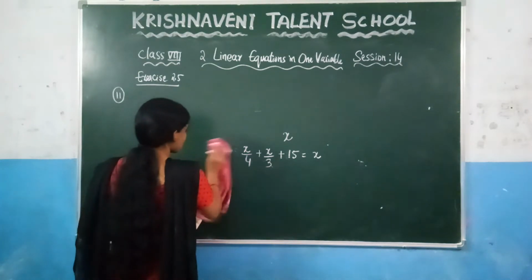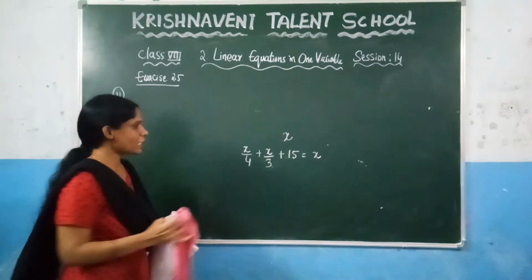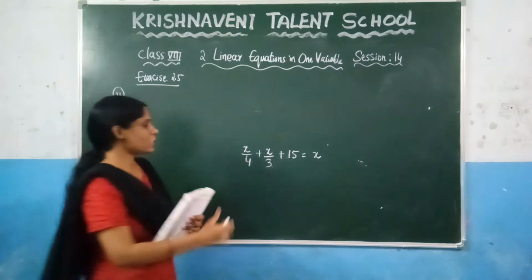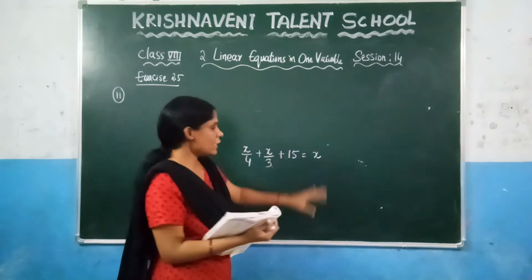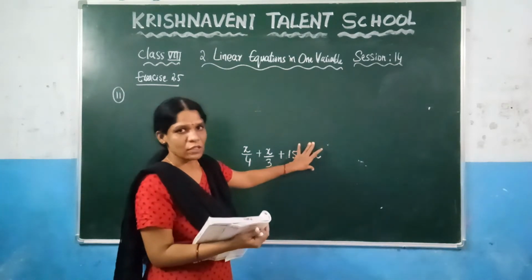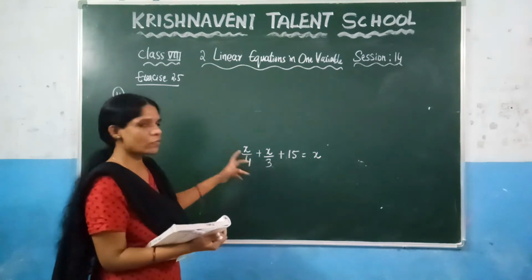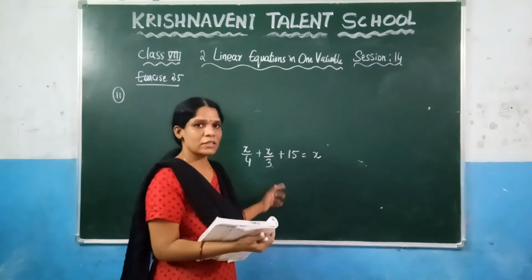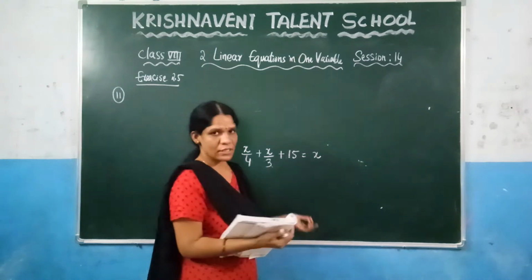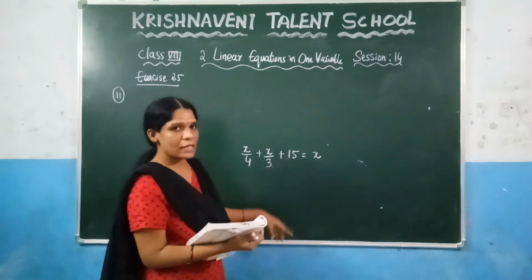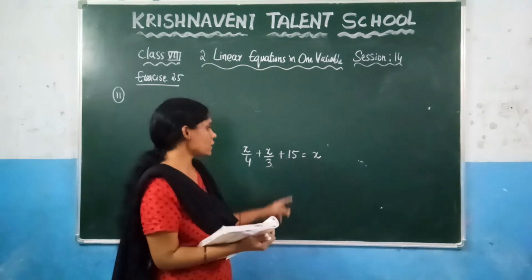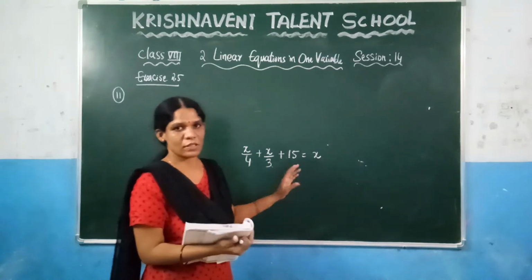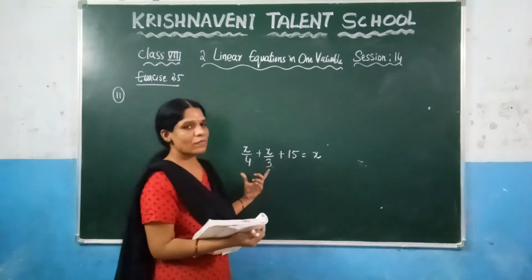Again, what the question gives is that you need to calculate the number of deer, and let us consider the number of deer as x. In that x, 1/4 went to the forest, so x by 4 went to the forest, and after that 1/3 went for grazing in a field, so x by 3, and the remaining 15 are drinking water. That means if you add these three values, you will get the total number of deer. That's why we have written it like this. Now you need to find the value of x.